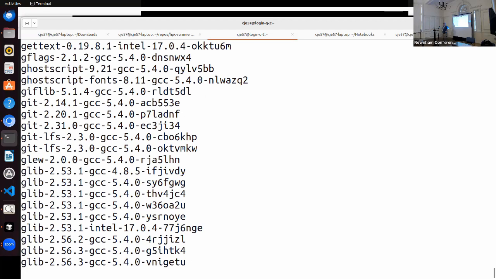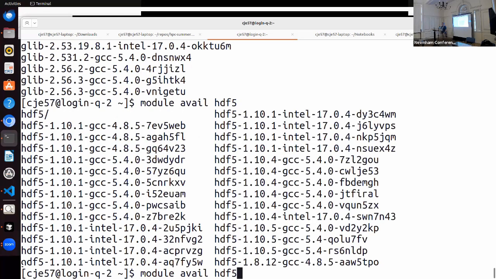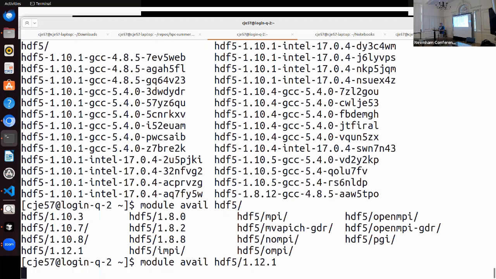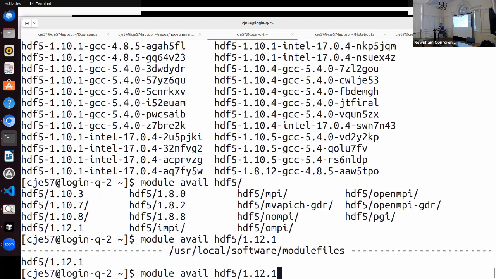There is tab completion in the module system. So I know that HDF5 starts with H. If I type H and hit tab, it's going to do a lot of searching in the file system. So I'm going to go all the way through inside HDF5 and then hit tab. And those are possible ones I could load. In the exercises, I've given you a short one. You see, the very top one says HDF5/, and that's sort of like a subdirectory in the module system. And let's go for 1.12.1. So that one's available. So if I load it,